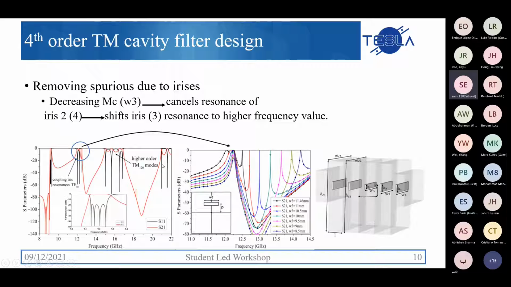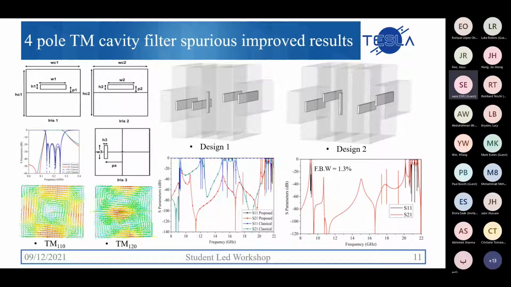So if we apply the proposed method of spurious suppression to the TM cavity filters, this is the final result without spuriouses. I will not go into the details because there were a lot of technical details involved to achieve these results. But in principle, we minimize the central coupling value by rotating the iris 90 degrees,